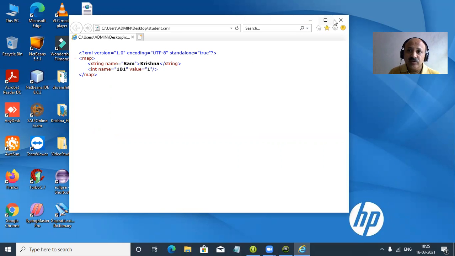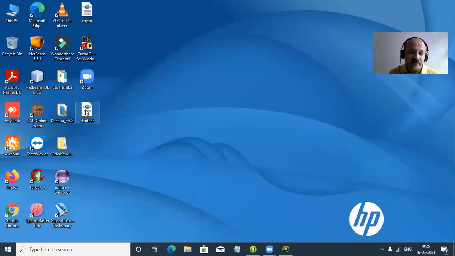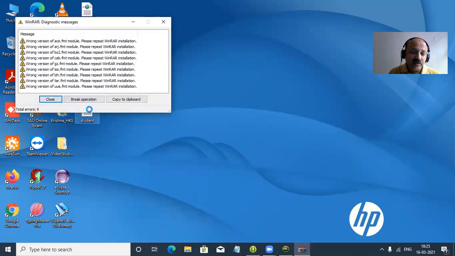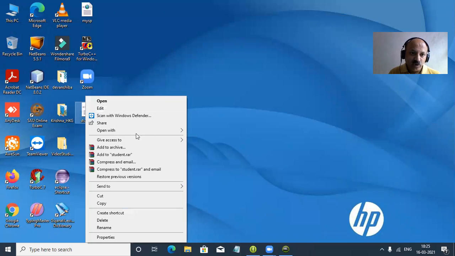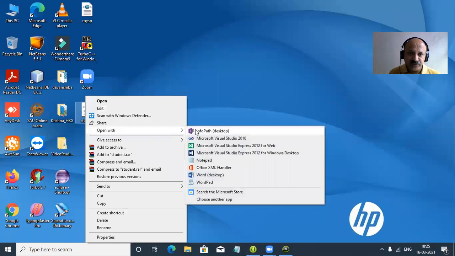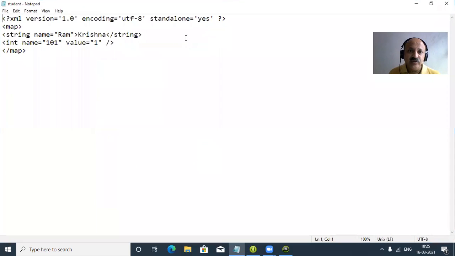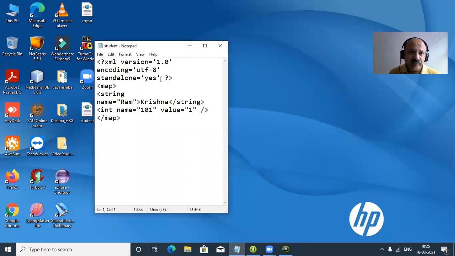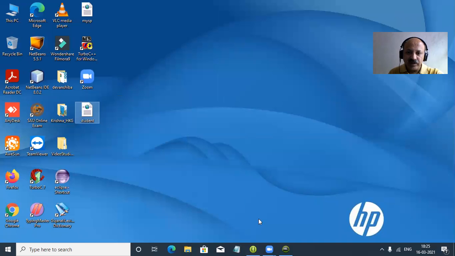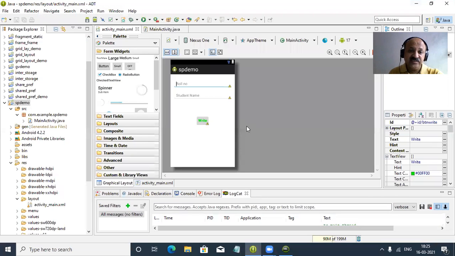You can also right click here and open in Notepad. Yes, I choose Open With, that is an option, and here you can look, Notepad. In the same way you can open it in Notepad. Yes, a very simple way, it is the same thing. So you can also open it in Notepad. Now I hope you can understand and enjoy this session, I explained it in a very simple way.